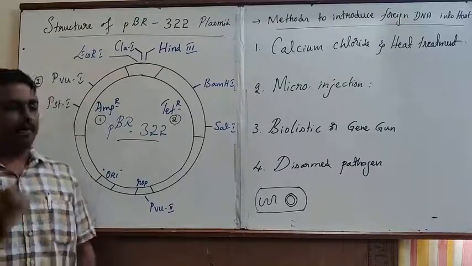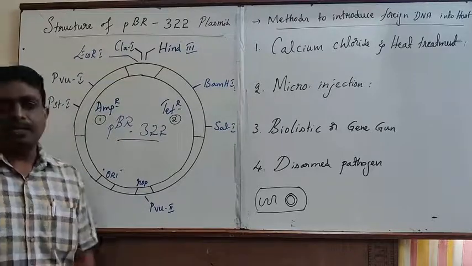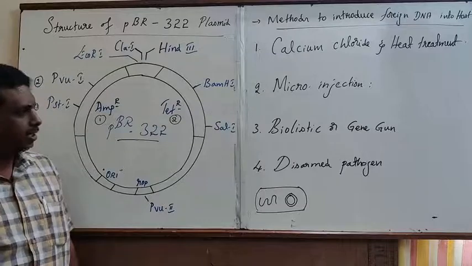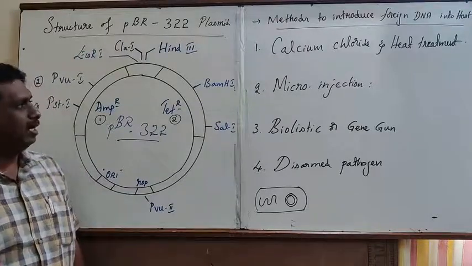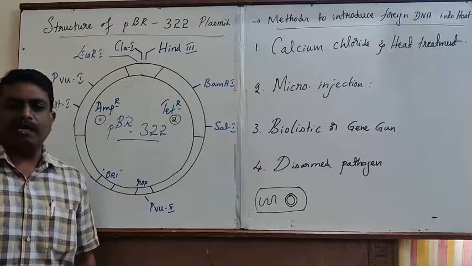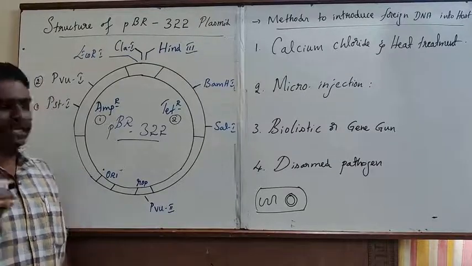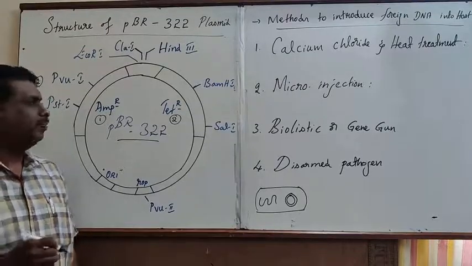It is characterized by the presence of two recognition sites, namely SAL1 and BAMH1. SAL1 and BAMH1 are the two important recognition sites naturally found on the